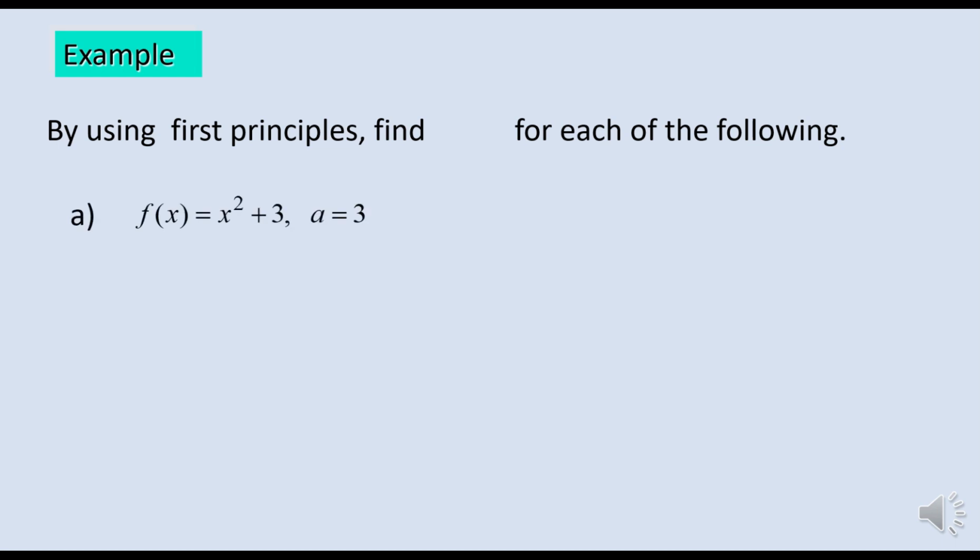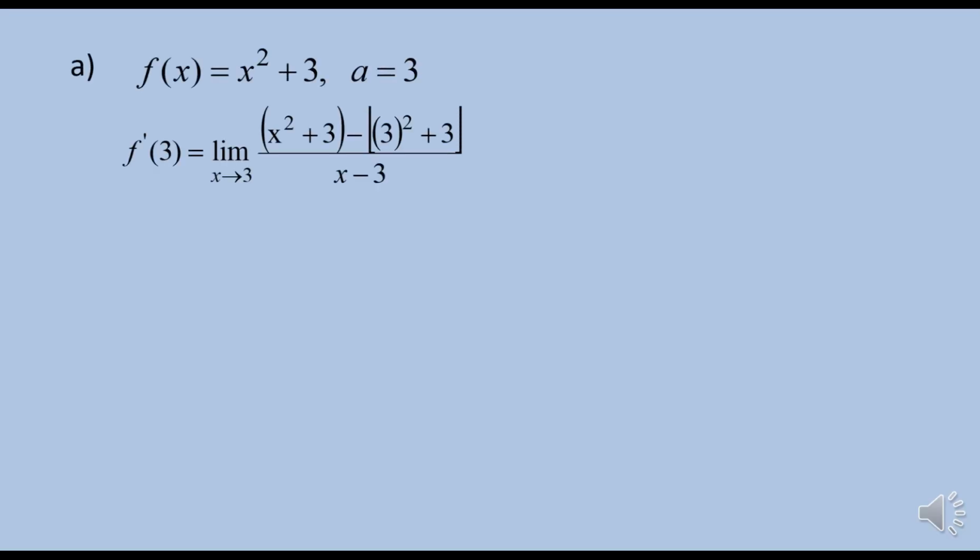By using first principle, find f prime a for each of the following. So for a, f(x) equals x squared plus 3. a is given equals 3. So what is f prime of 3? Okay, we start with a first. So by using the second formula,